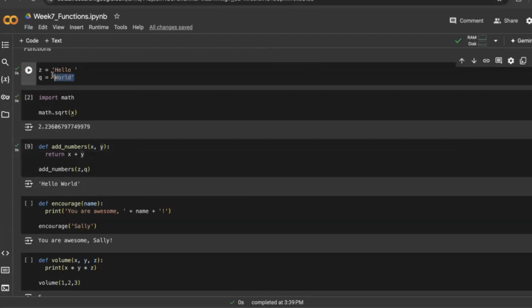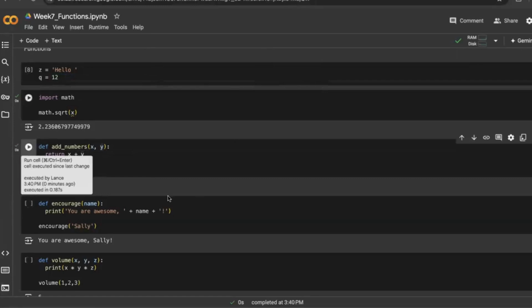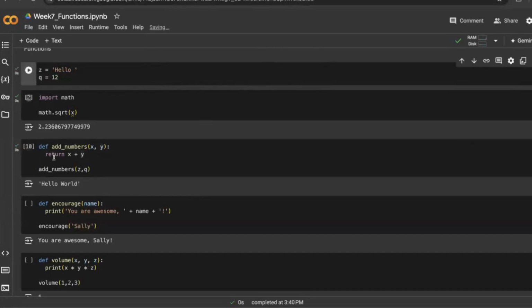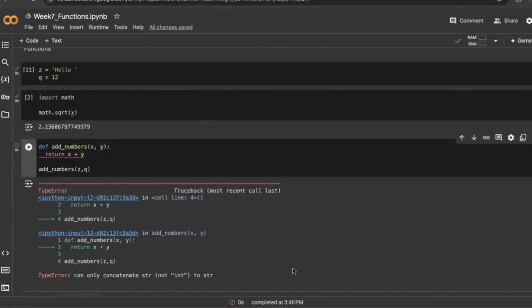Now, will it work if I do hello and an integer? You think that's going to work? Nope. Why? Because they aren't matching. So you can concatenate strings, you can add integers and floats, you can add floats and floats, integers and integers, but if you add